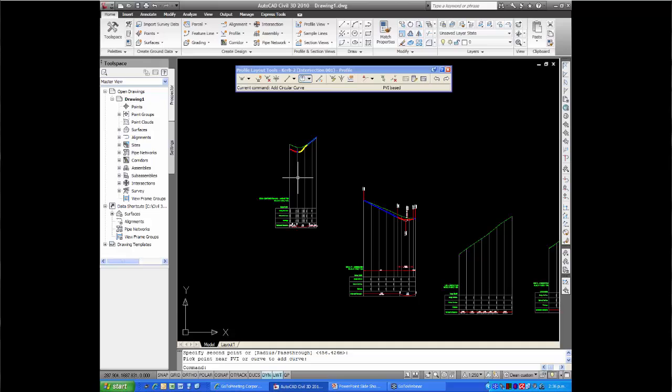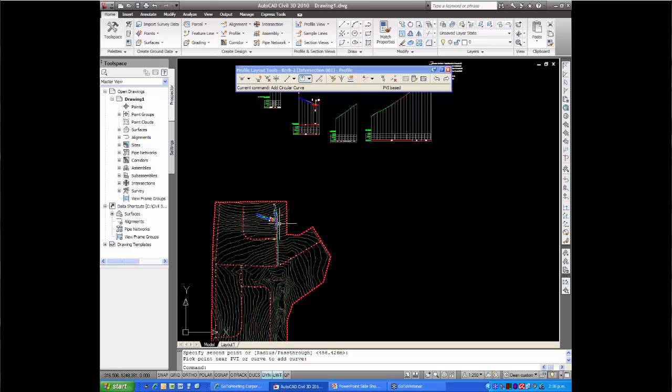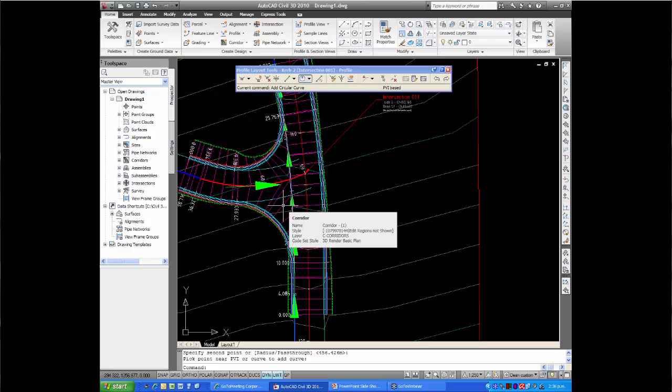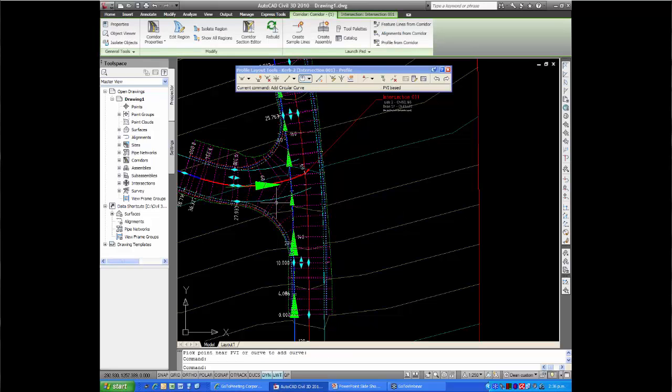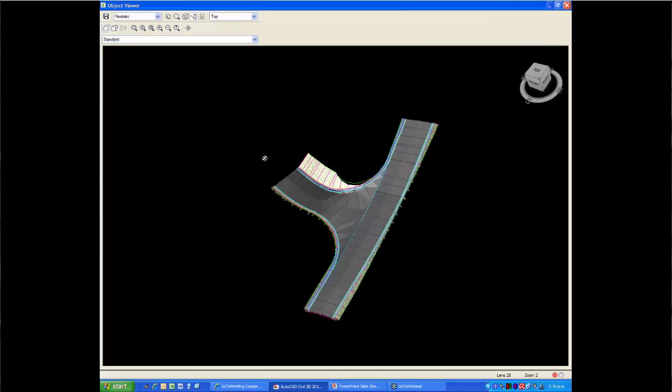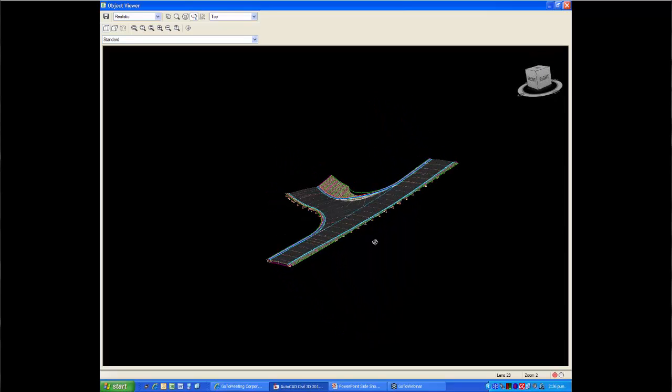And we do the same for the lower one. Let me just see if we can see what's going on there. I'm just going to grab that intersection, go to the object viewer, and try and show you what we're trying to remove out of here. Some people in Australia say they don't care about this. The ground they work with is so flat that you're never going to see these kinks, but